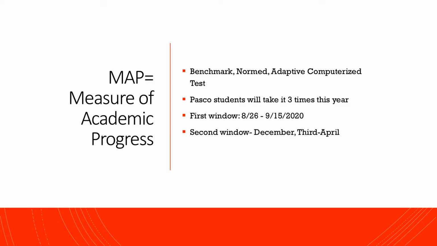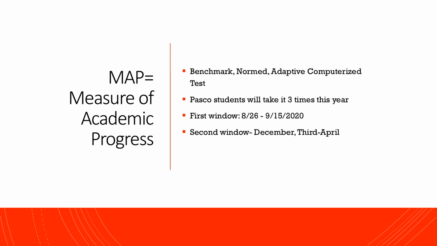First of all, MAP stands for Measure of Academic Progress. This is a benchmark test. It's a normed test, which means the results compare the student to all other students at their grade level who have taken this, and they've developed the norms based on those students' results. It's adaptive, meaning it's going to get harder or easier depending upon how the student answers the questions. So it's looking to see at what level can they successfully answer these questions, which means, of course, then it's